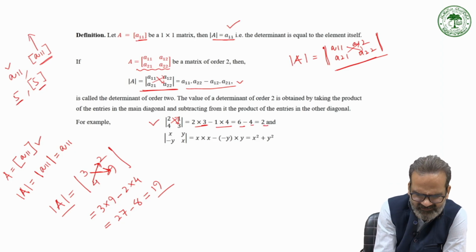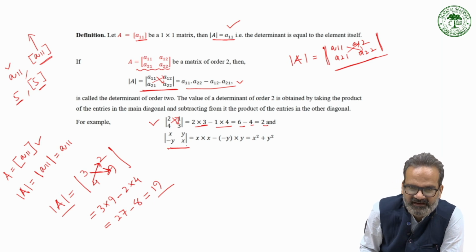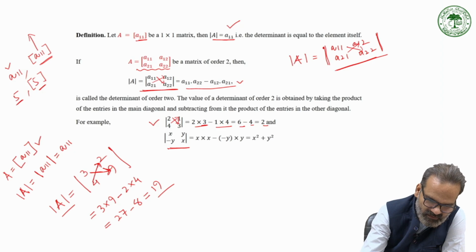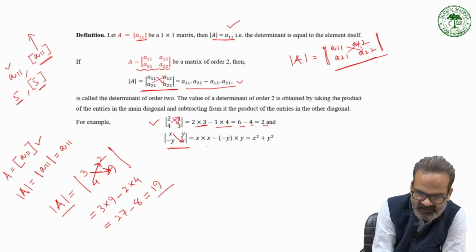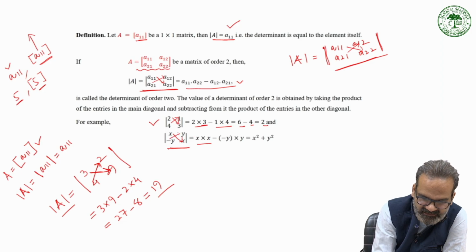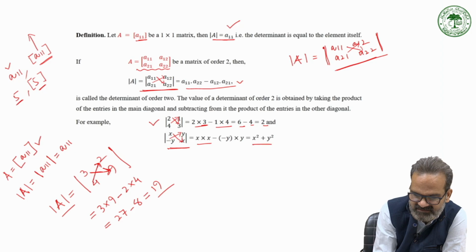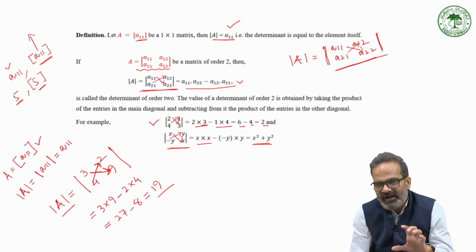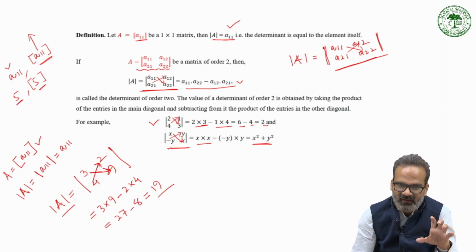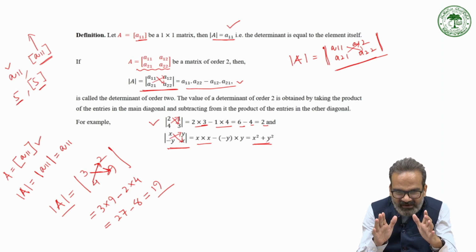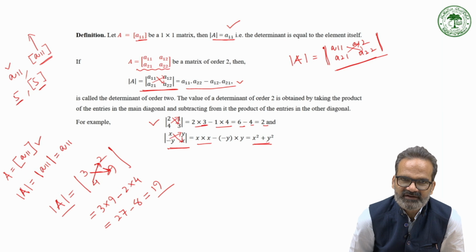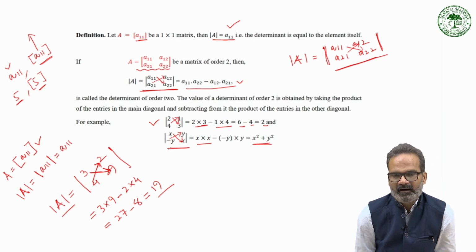Clear? Likewise, take this case also. This is a determinant with x, y, minus y and x. So multiply these two, x with x, you will get x square, minus multiply these two, minus y into y, so minus minus plus, you will get y square, so x square plus y square is the required value of the determinant. So this is how we can calculate the value of a determinant of order 1 or a determinant